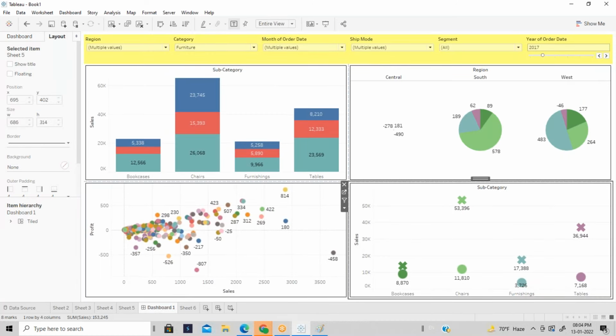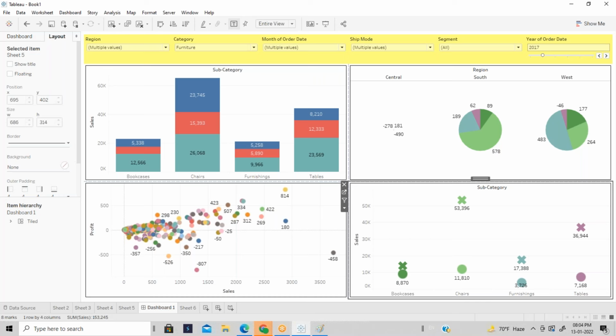So you will see this now. This is how we have to apply the filter to all the worksheets. This is called the global level filter, or you can say shared filter, because the one which you created in a single sheet, you are going to apply to all the sheets.